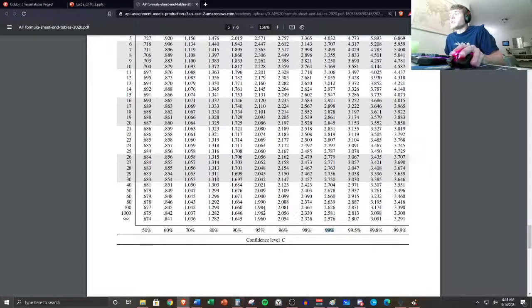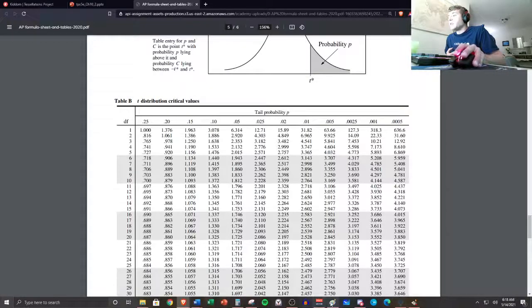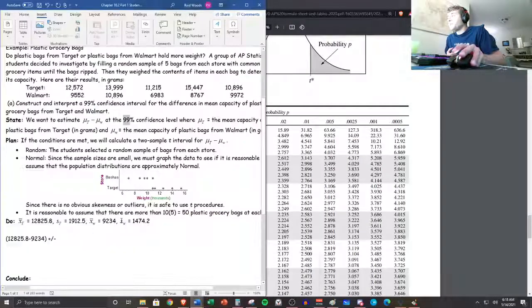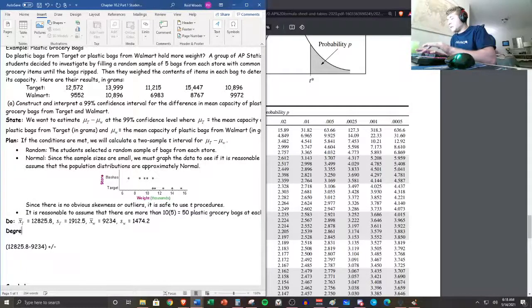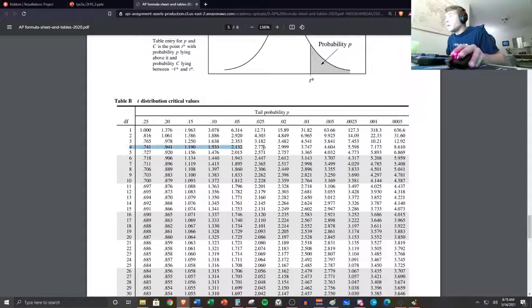And then what's our degrees of freedom? Well, our degrees of freedom, because we have to have that on this left side, degrees of freedom equals 5 minus 1, which is 4. So what we're looking for, we're going to the fourth row here,